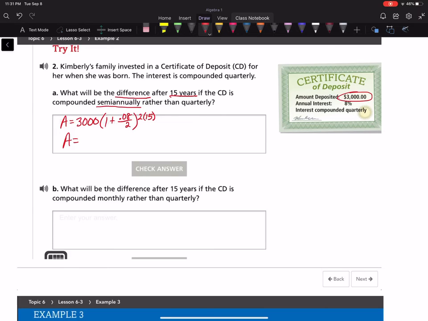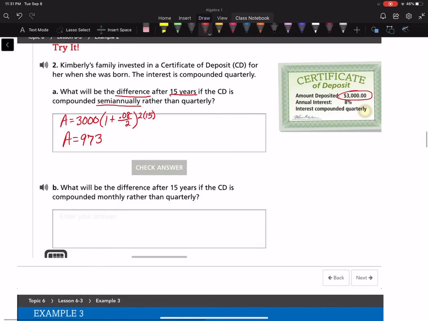All right. That's $9,730.19. And if we did it quarterly, that's going to be 3,000 times (1 plus 0.08 over 4) to the 4 times 15. So give me a second. Let's put that in our calculator. That will give us